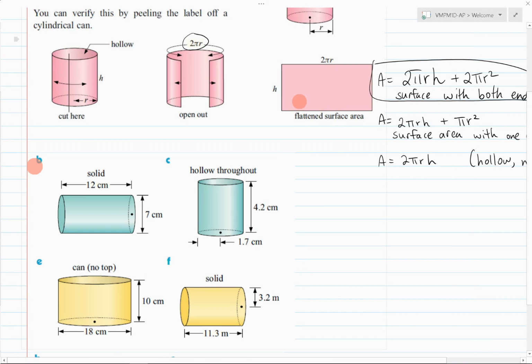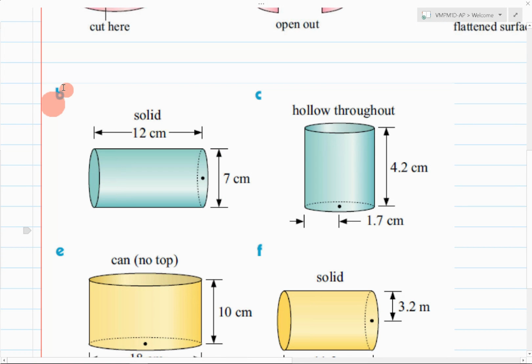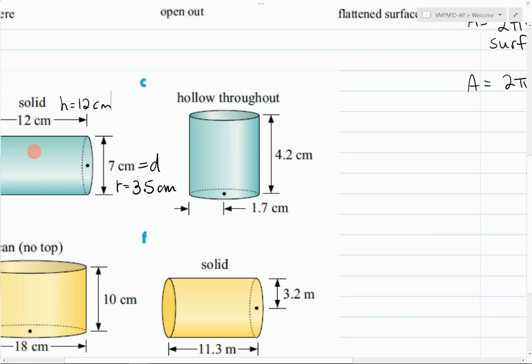I've put up a few on the page here. So looking at this first one, part B, we have a solid. The diameter of the circle here is 7 centimeters. So this is my diameter, which means my radius is going to be half of 7, which is 3.5 centimeters. And the entire height of the can is 12 centimeters. I know I'm saying height, but it looks like it's on its side. But it is still going to be considered the height of the can. Put the can standing back up, and it looks like the height again. And it's a solid can, so both circular ends are there. So when I'm interested in finding the surface area, let's say part B,